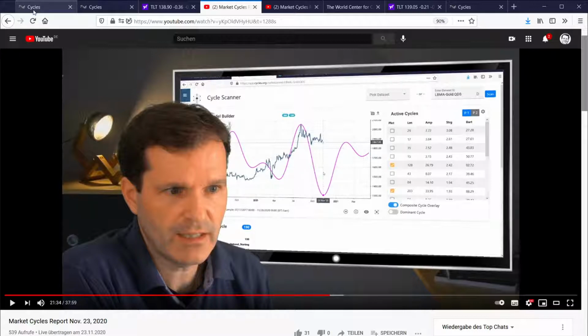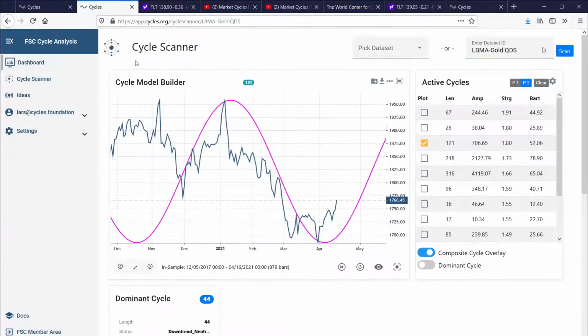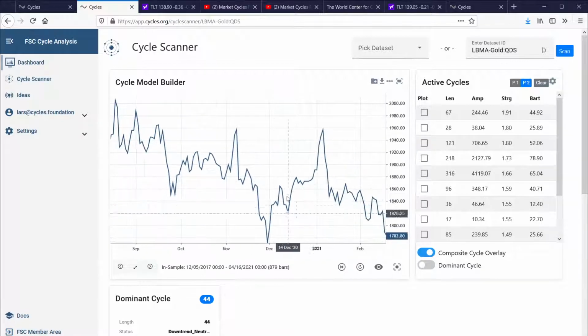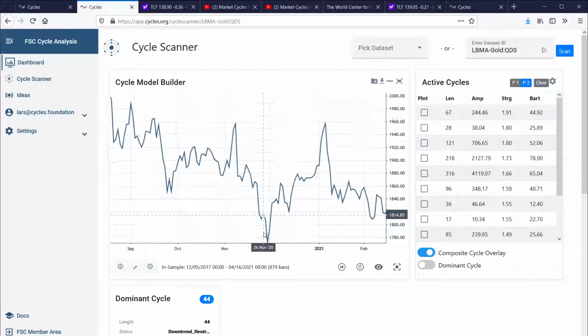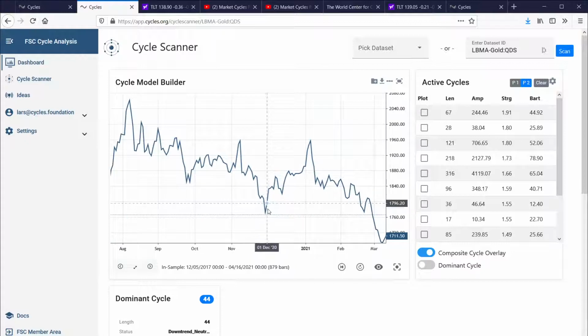Please review this section, and it was minute 21. Yeah, and let's switch to that. I will deactivate the cycle. But 23rd of November was exactly the Monday here this week. Yeah, so it was the Monday here, two days after the session, we had this low here in the gold markets. So that was exactly the point where the cycles projected the up move here.